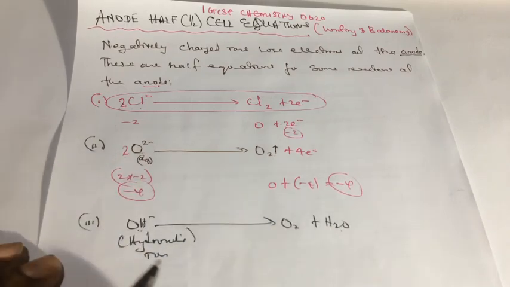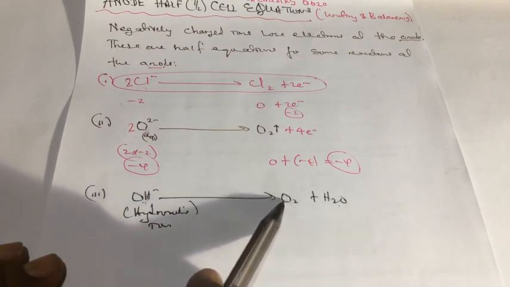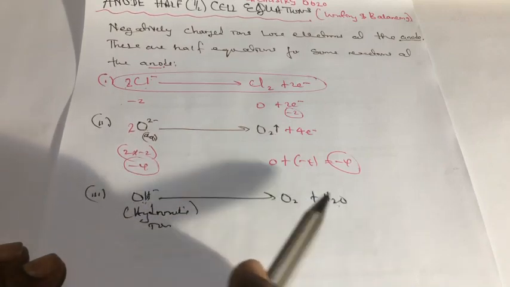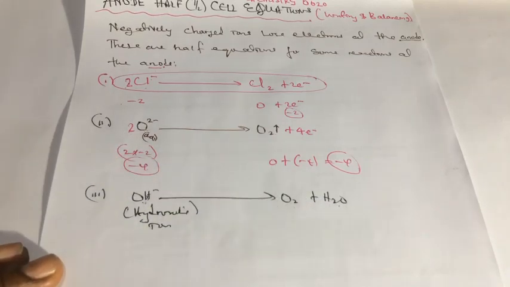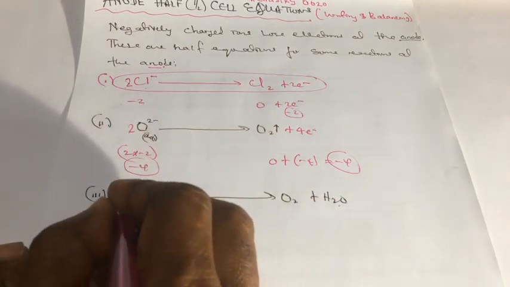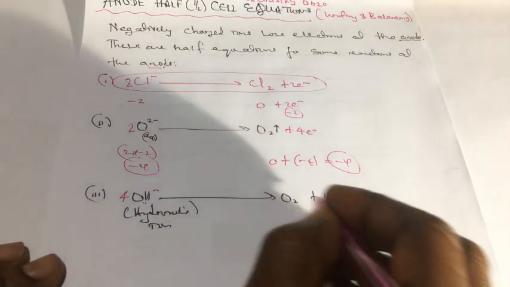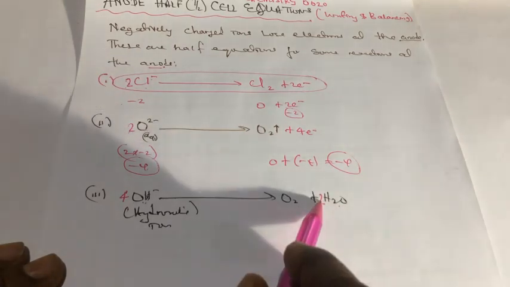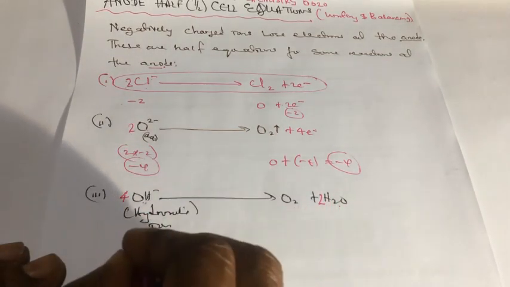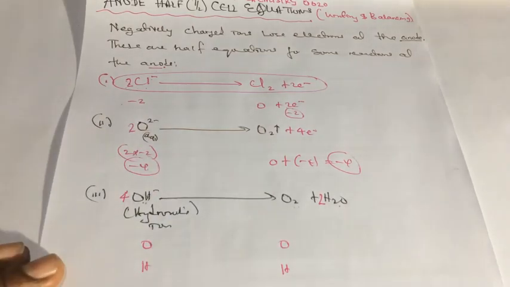Now let's look at the number of what? Atoms, right? The atoms here are not equal. Oxygen here is 2 plus 1, that's 3, oxygen here is 1; hydrogen here is 1, and here is 2, so they are not equal. So how do we balance this? To do this, we can introduce 4 here. Oxygen here is 4, hydrogen here is 4, and we put 2 here. Hydrogen here is 4, hydrogen here is 4, oxygen here is 2, here is 2. So if you look at the atoms, oxygen, hydrogen,